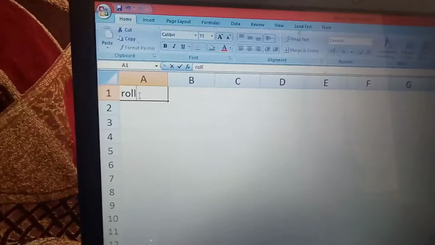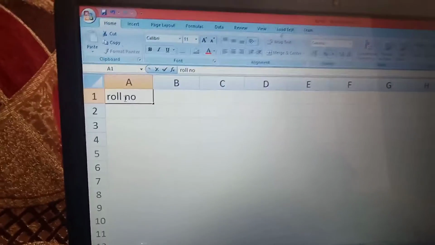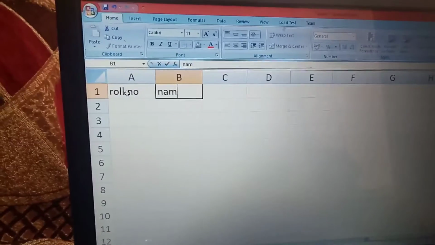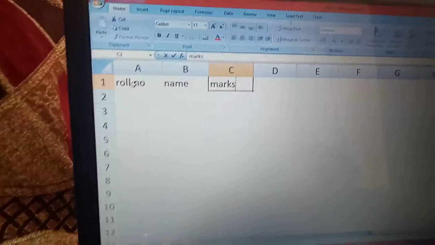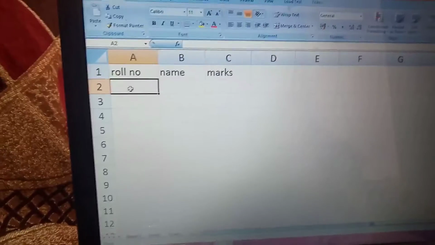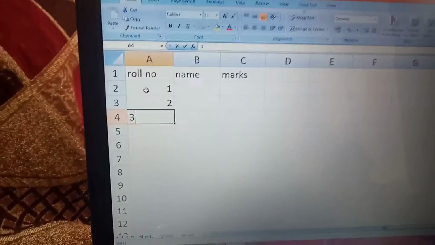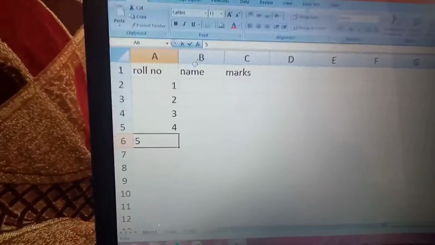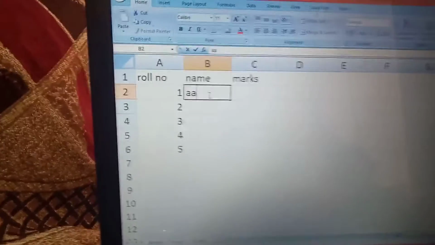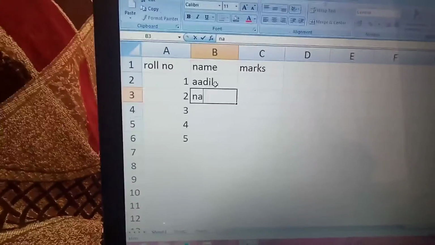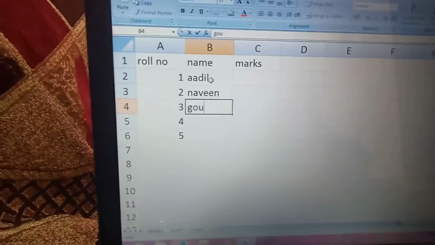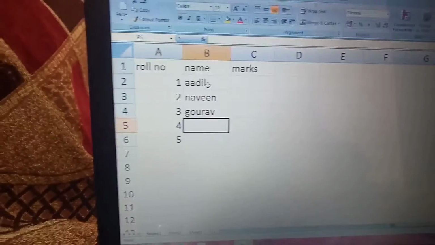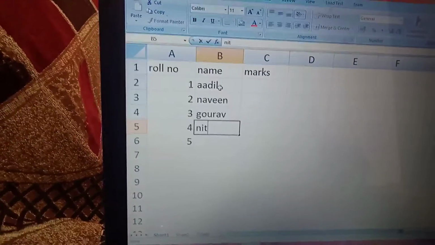I am writing here roll number, next is name, next is marks. In roll number I enter roll numbers 1, 2, 3, 4 and 5. In name I enter Adil, Naveen, Gaurav and Nitish